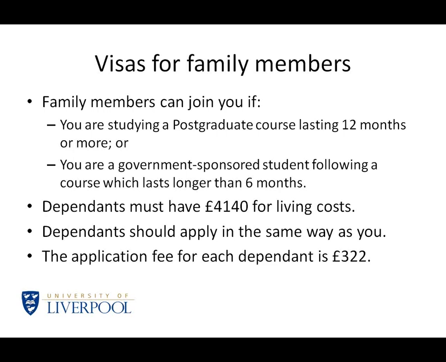And each dependent must have a certain amount of maintenance, as you do as a student, for their living cost, and that amount is £4,140 per dependent. And they apply in the same way that you do, the same method. They also have to pay an application fee for the visa, again